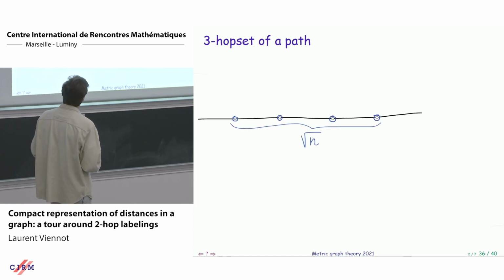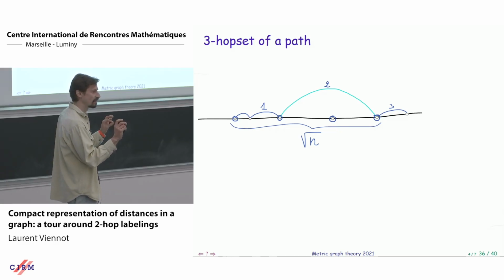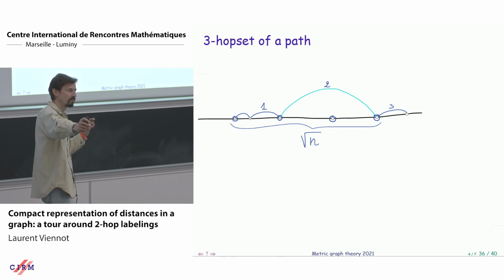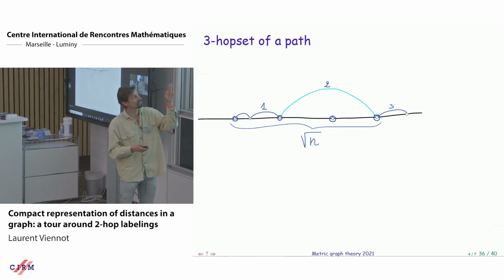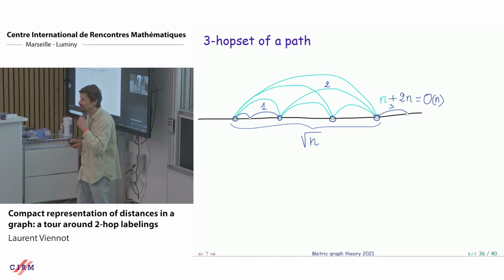So let's take square root of n kind of hubs. The idea is that already I can connect each node to the hub on the right and the hub on the left. This is not too many links, only 2 links per node. And then when I want to go from a node to another, I go to the hub on the right side. Then I would like to go directly to the hub the other is connected to, and then to the other node. But if I want to be able to do this for all pairs from different intervals, I have to add all edges between the middle hubs.